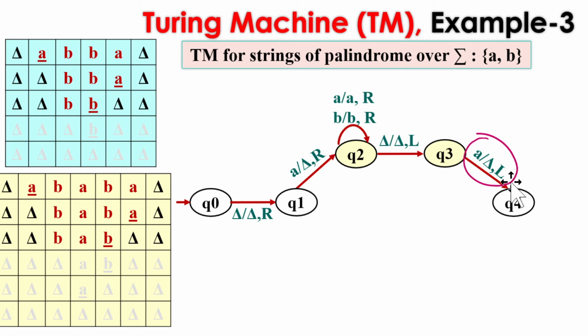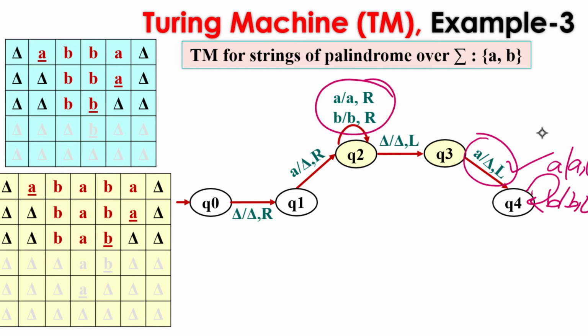So here we will be replacing A with the blank. We have replaced A with a blank, and now we have taken one step to the left, but we can have more than one intermediate symbol. So we need to have a loop here. Simply replace the symbols with the same symbol and keep moving to the left, like we were moving to the right. Now we are moving to the left to reach the extreme left, to point to the first symbol of the string.